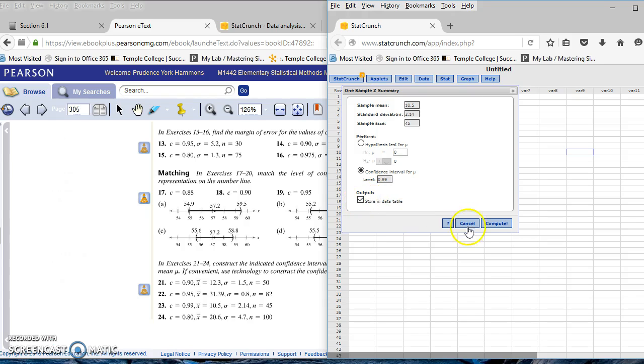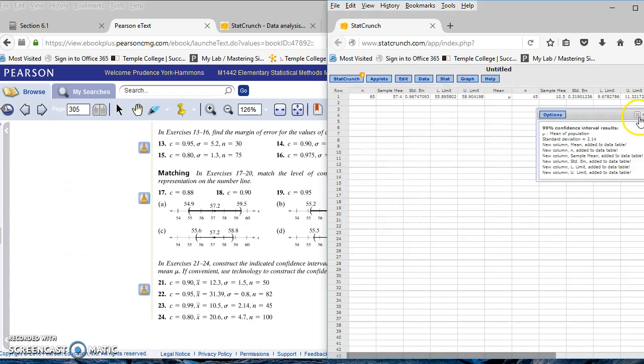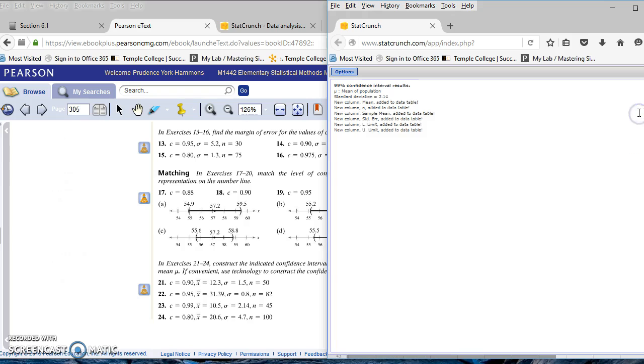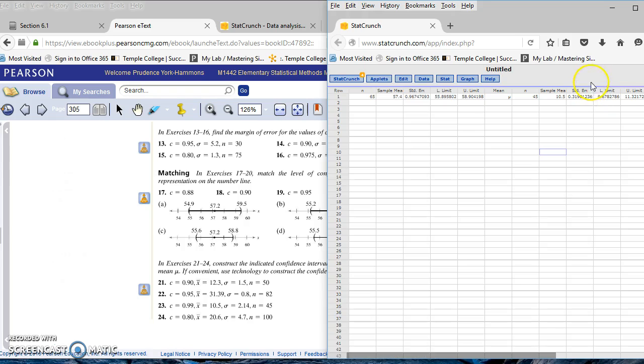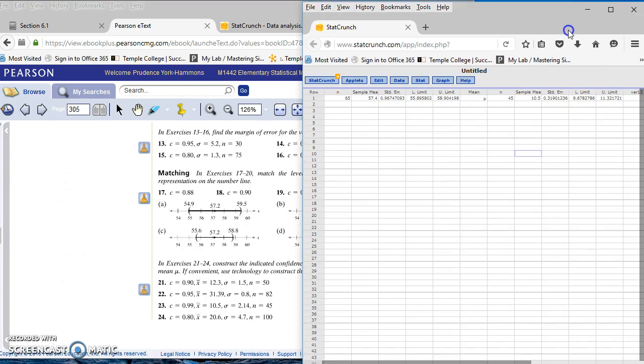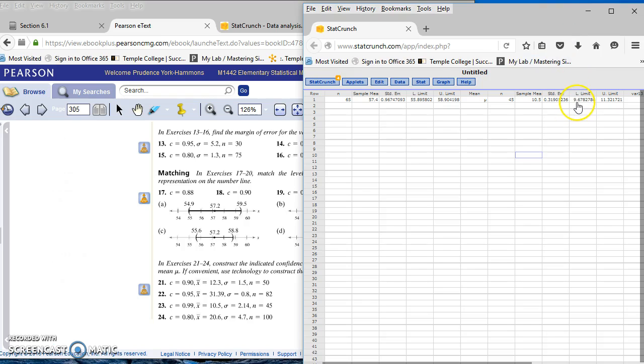I'm going to store it in the data table and compute. And so if we look at this a little more closely, I can see my lower limit is 9.678 or 9.68, and my upper limit is